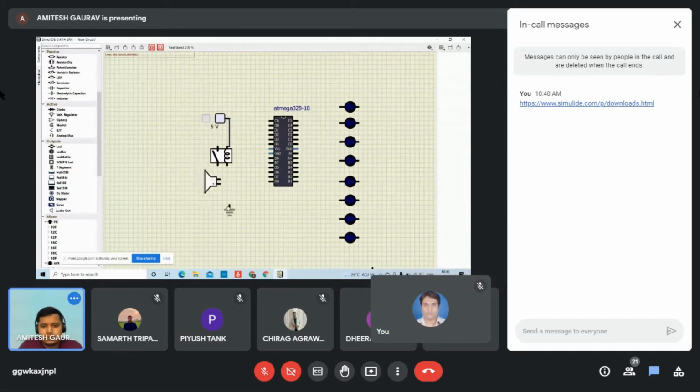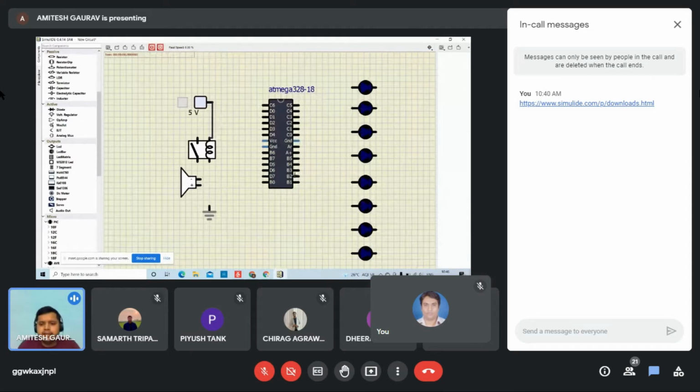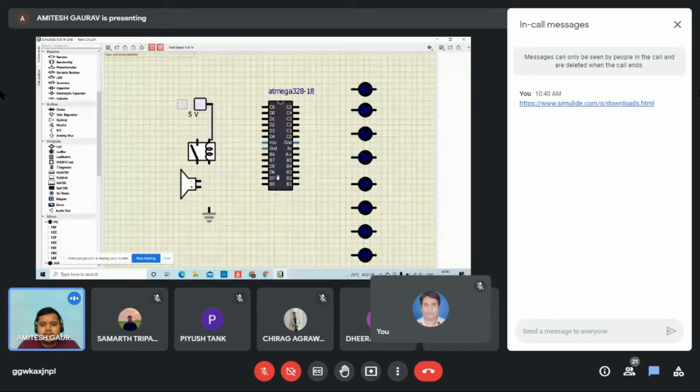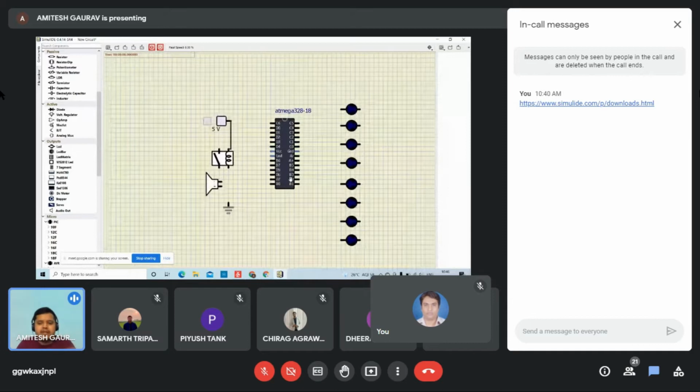From here first we'll connect. In the microcontroller Atmega 328, there are different types of ports, and we call them port registers. For explaining, there are pins called port B pins. Port B starts from here: B0. B0 is port B register pin B0, B1, B2, B3, B4, B5, and here it is B6 and B7. It is used for giving the input signal to the LED.